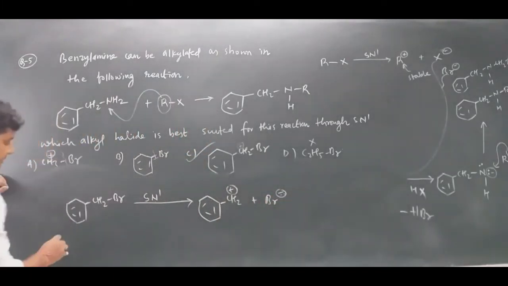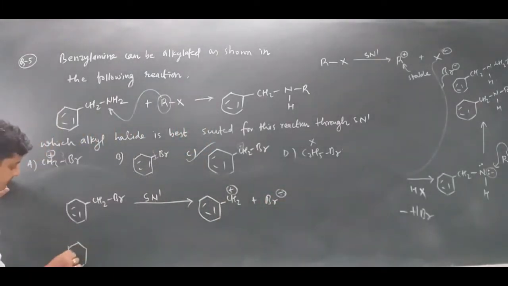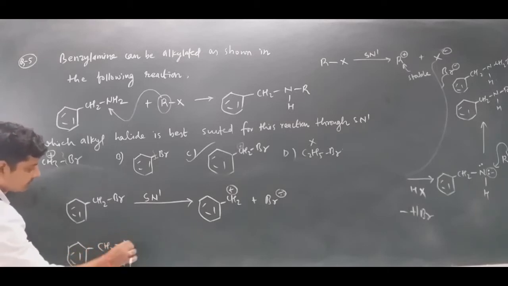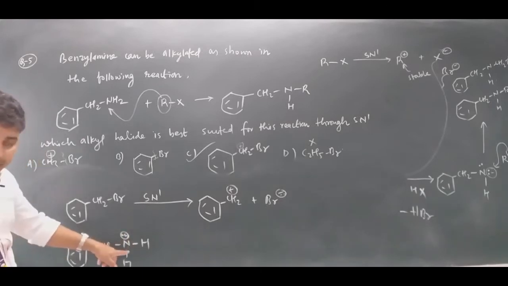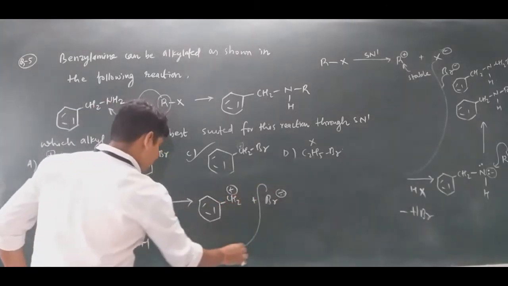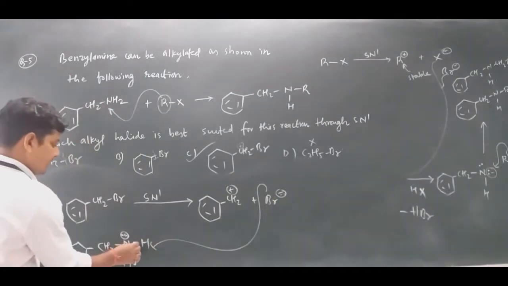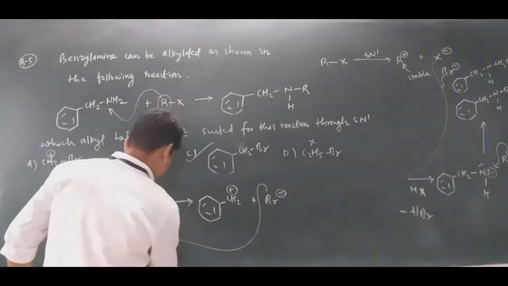Now this Br minus goes to, see here, this lone pair of electrons is from the very beginning. This Br minus will go to this hydrogen and this electron will go to nitrogen,